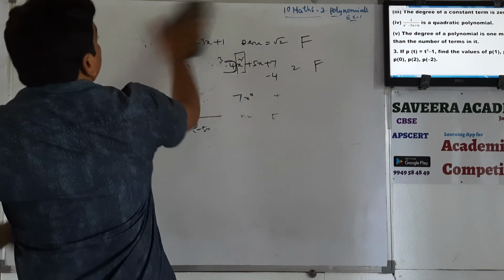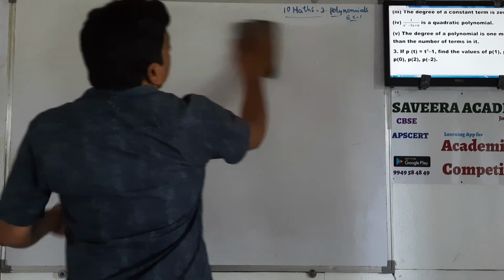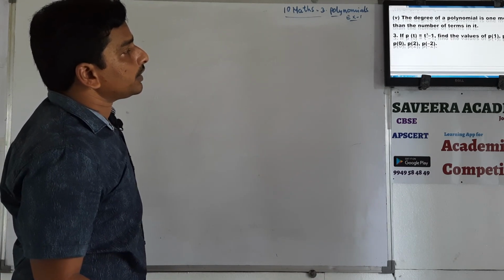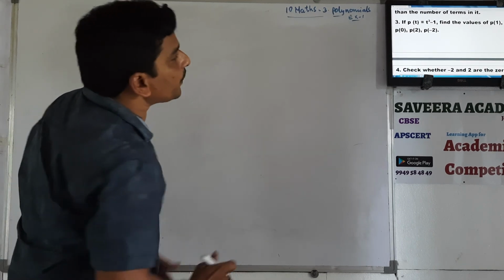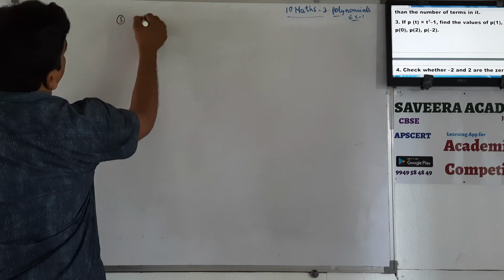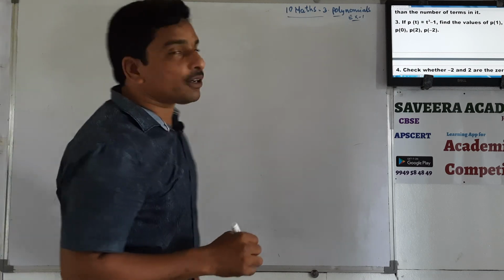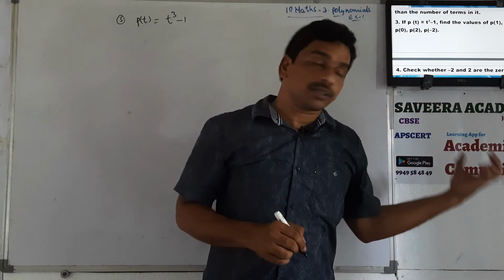Now let us go to the third question. p of t is given. p of t is equal to t cube minus 1. Find the values of